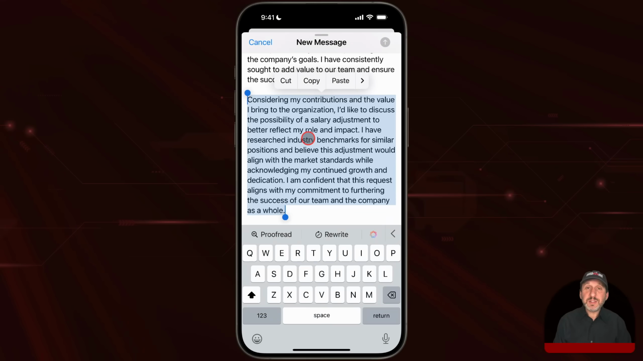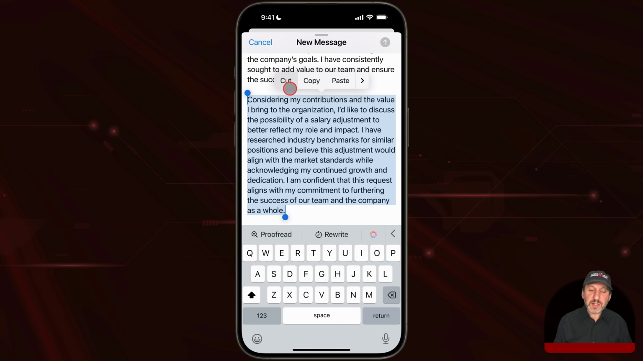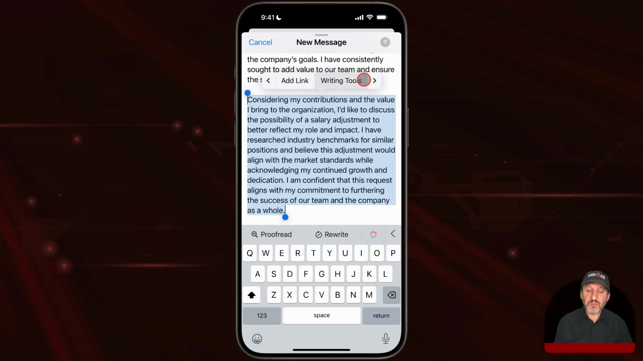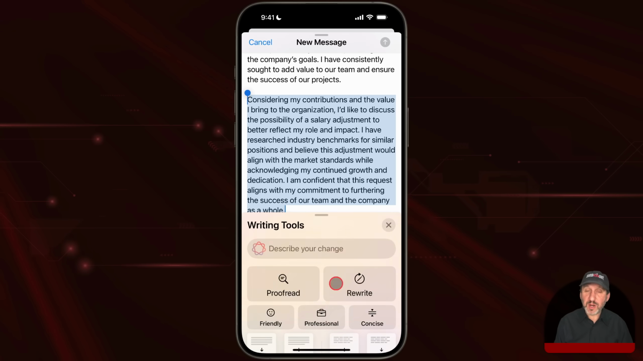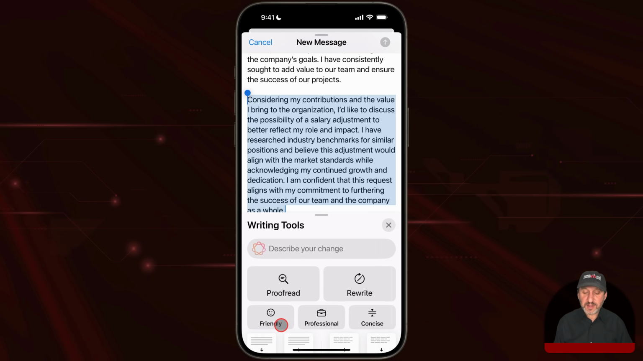For instance, let's say you're writing in an app. I'm going to use Mail as an example here, but this could be Pages, it could be Notes, it could be a website or some other app. And let's say you've selected some text and you want to use AI tools to rewrite it. So you can look for the writing tools in the menu here, and that's one way to bring up the writing tools. And like before, you have the ability to rewrite it